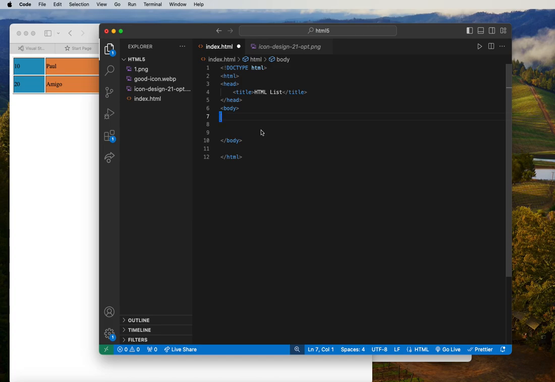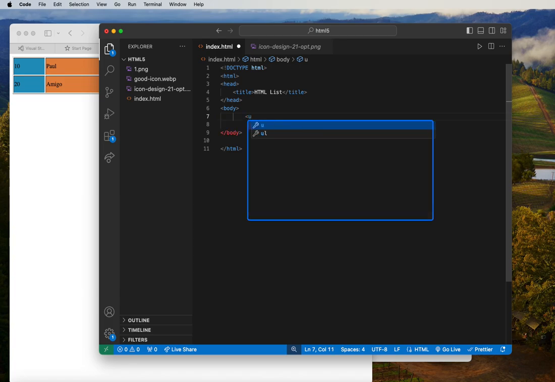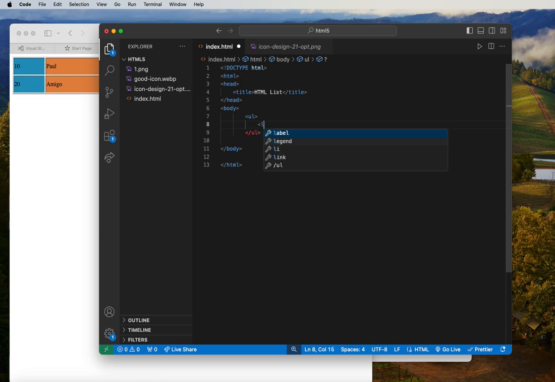With the unordered list, we have simple tags which depict the name I just mentioned. We can start with a tag called UL. UL simply means unordered list. So this is how we define that tag. And inside the tag, we need to define the list. The list will simply mean the data that goes into the ordered or unordered list. So inside here, we need to have the list itself, which is the